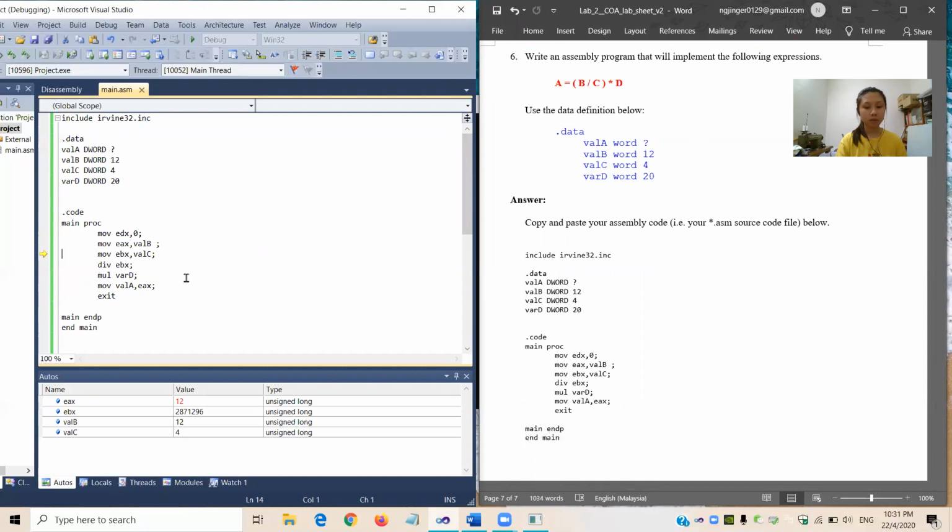It's 12, then 4, then here it didn't show what 12 times 4 equals. Oh, sorry, it's 12 divided by 4 equals 3, but the final answer I get is correct because 12 divided by 4 becomes 3, then times 20 is 60. So I'm not sure whether my answer is correct or not. Originally I didn't type this first line and couldn't get the result, but I just added this line, then at last I got the result. So that's all for my